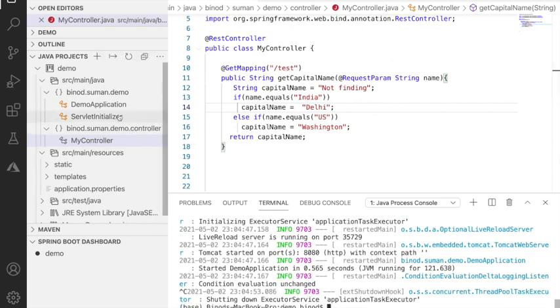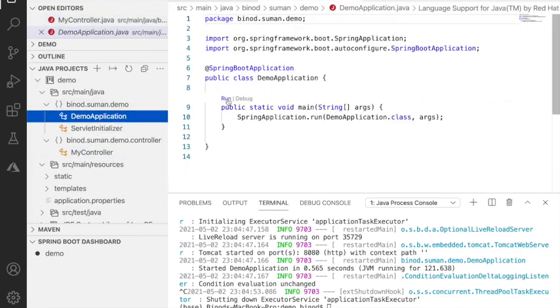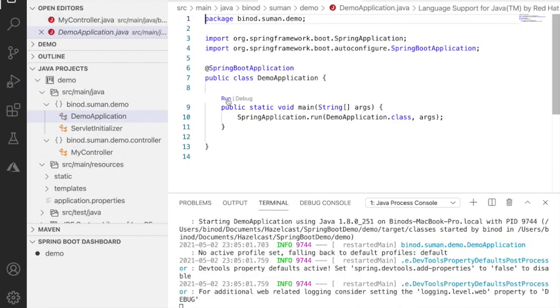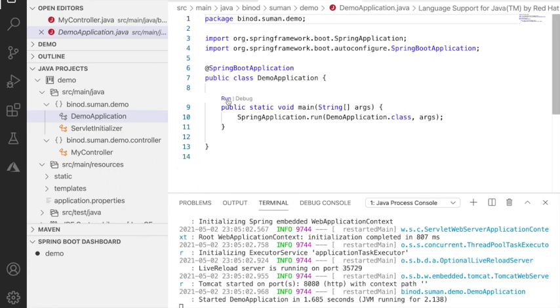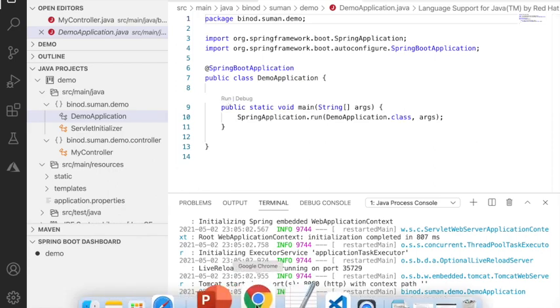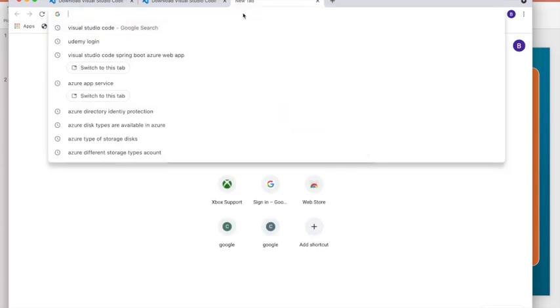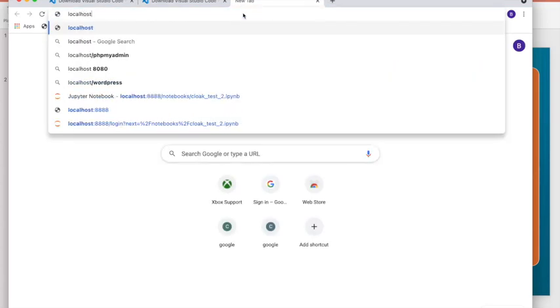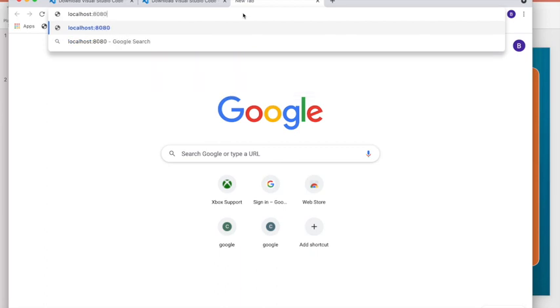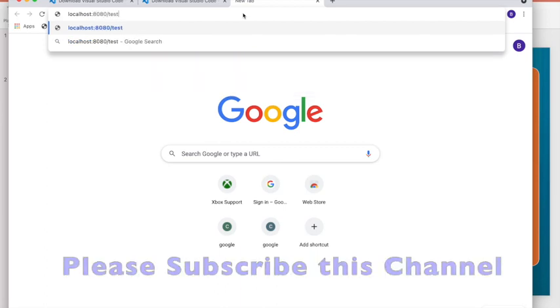Go to the DemoApplication here. It is running. Now how will you test? Go here and put localhost 8080 and we have given the name test.